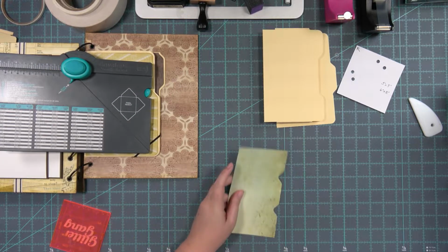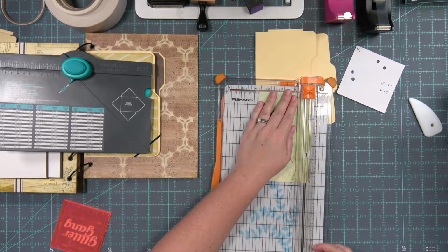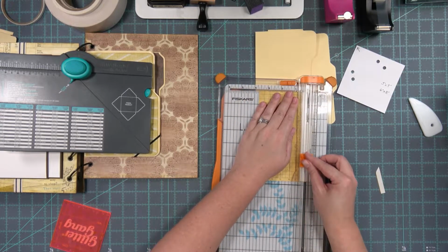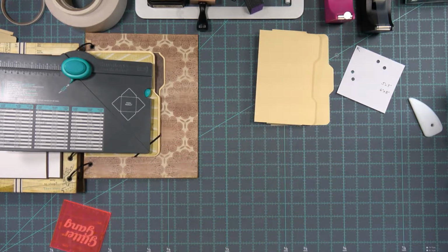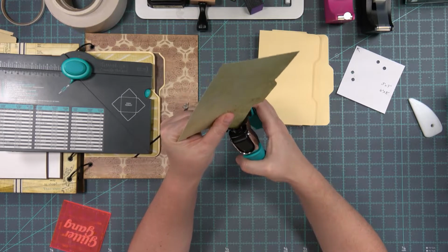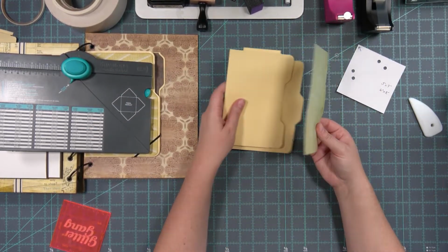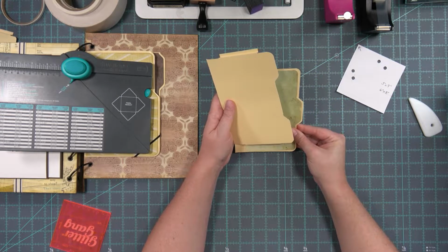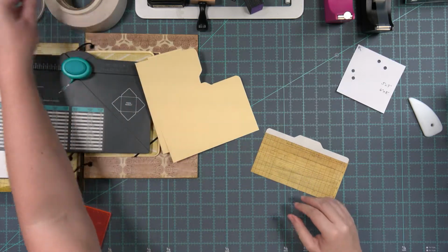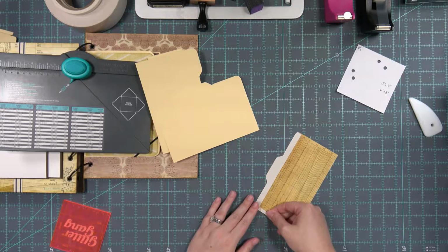All right. Then we're going to trim. So we're going to, all right. And then because we chomped the folder at 3/8, we're going to chomp this at 1/4. And looks good. Okay. So now what I'm going to do is I'm going to put tape on the edges and